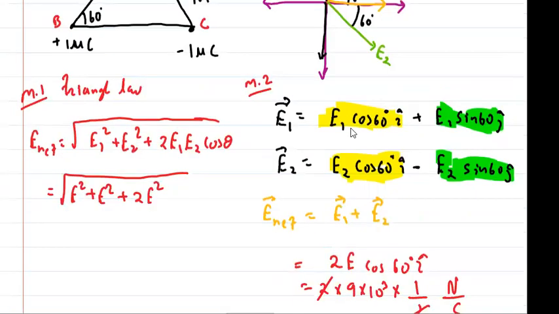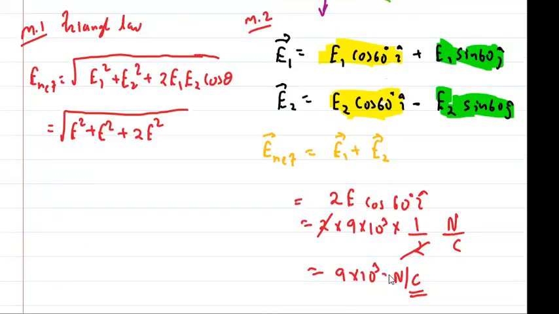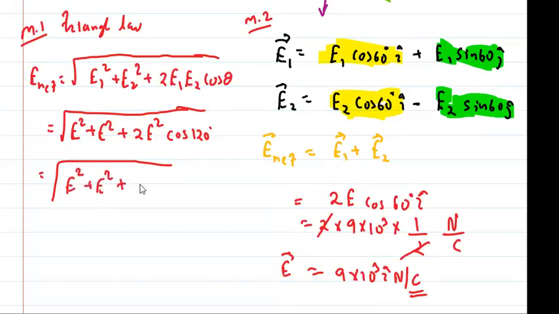Now, what is the angle between E1 and E2, guys? What is this whole angle? 120, right? Okay, 120, very good. So cos 120 degree. And what is cos 120? Minus 1 by 2. It is root of E square plus E square plus 2E square into 1 by 2